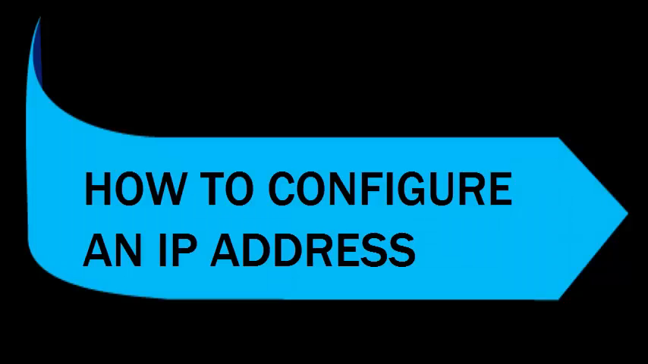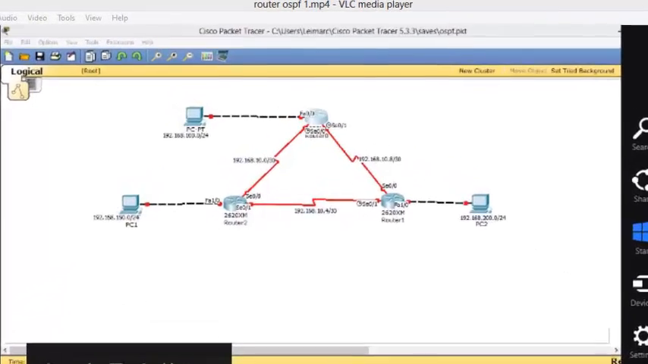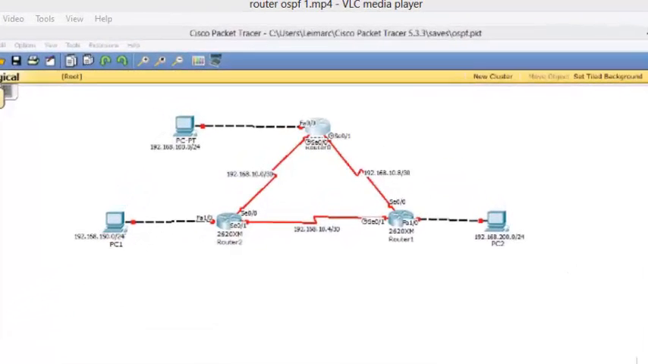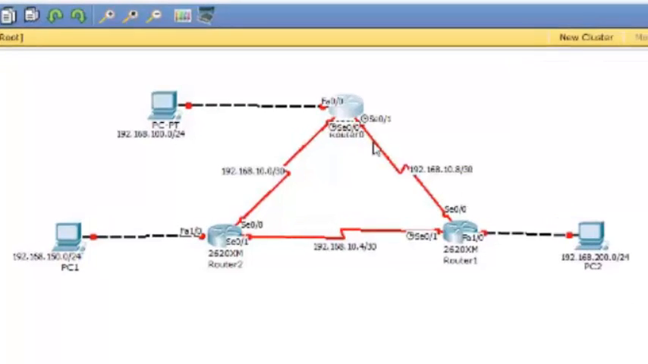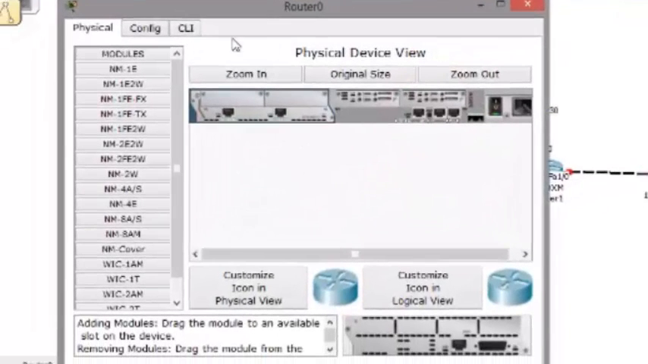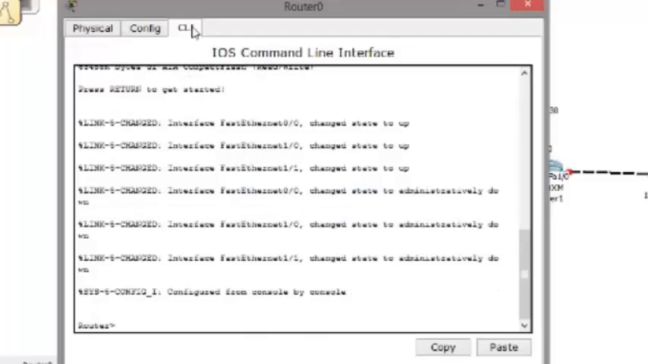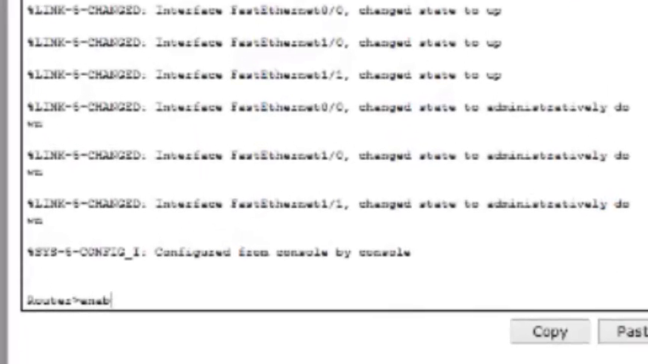In this part, I will show you how to configure an IP address for each router's interfaces. In this topology, I am using 3 simulated routers, which is 2620XM. To configure any router, just click the router and select CLI, then follow the step-by-step commands. So first is enable in the user exec mode, then followed by configure terminal,